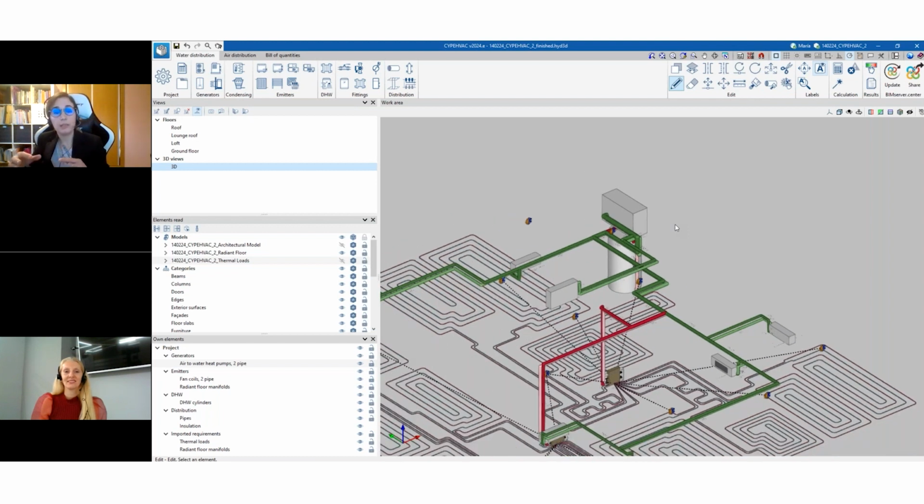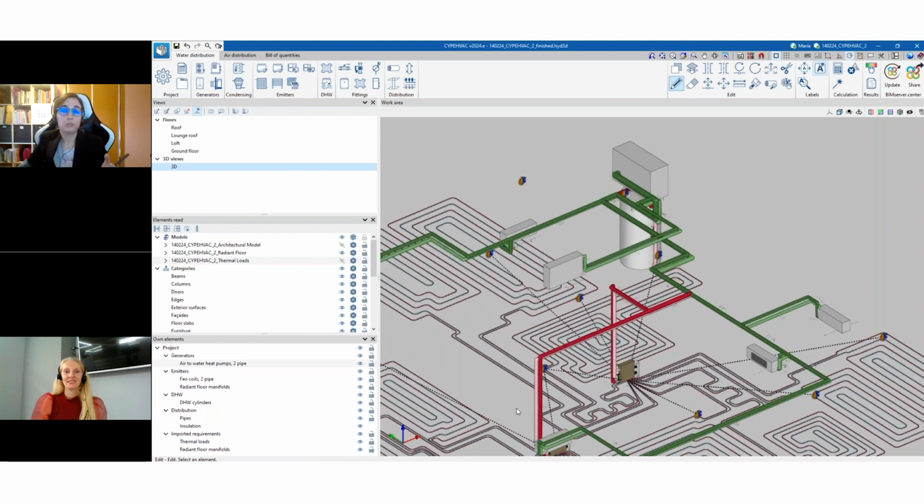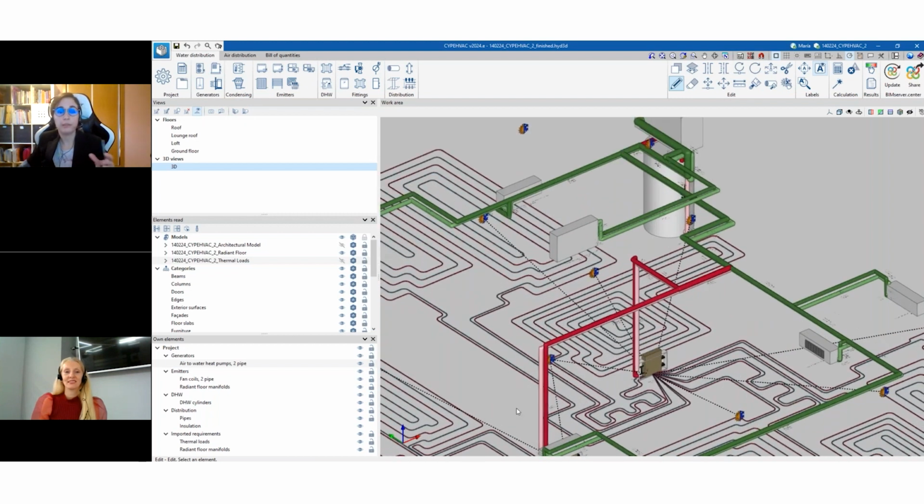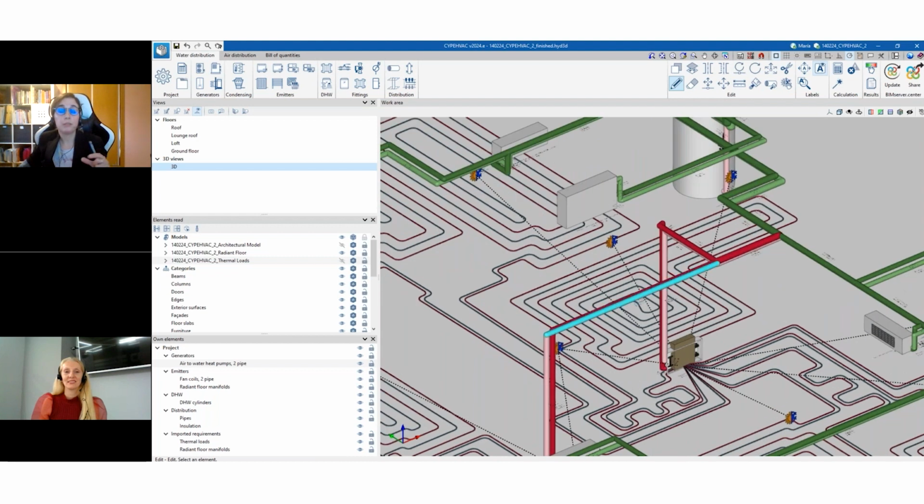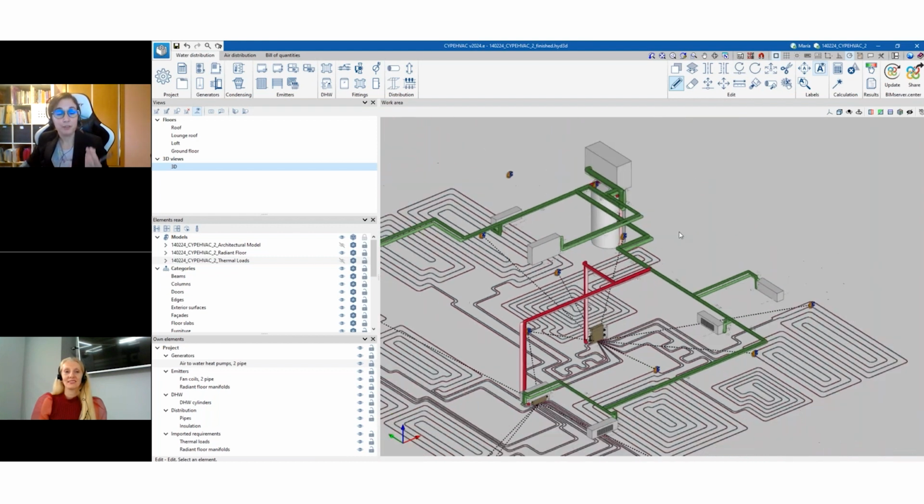If you have said that it's supply or return, here you can choose lighter or darker depending on whether it's supply or return, and different colors depending on whether it's heating or cooling, okay? So that's one thing. And the other thing is that once we have analyzed the installation, for example, this one,